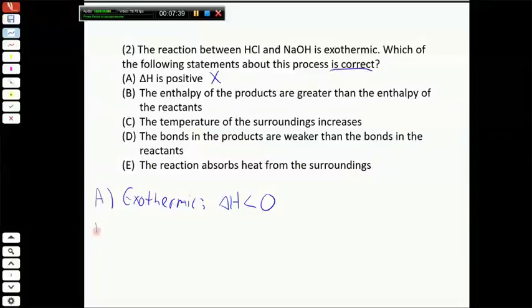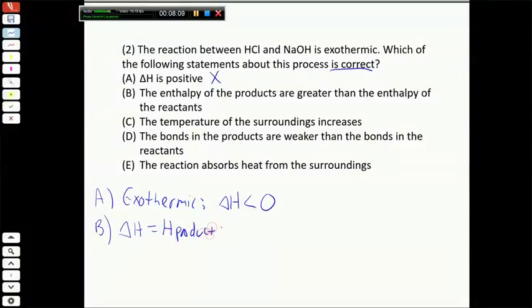If we go through the next answer choice B, the enthalpy of the products are greater than the enthalpy of the reactants. So we have to think about this in terms of what delta H is referring to in a chemical reaction. So delta H, again, anything with delta in front of it means final minus initial. So delta H would be the final enthalpy minus the initial enthalpy. In the context of a chemical reaction, the final is the products, the initial is the reactants. So we can think of delta H as enthalpy of the products